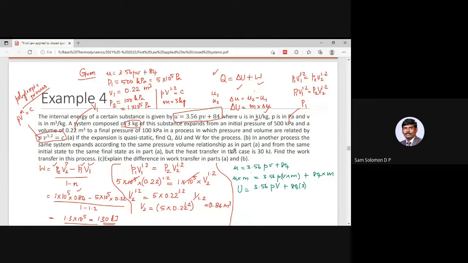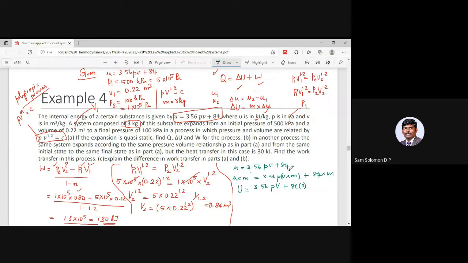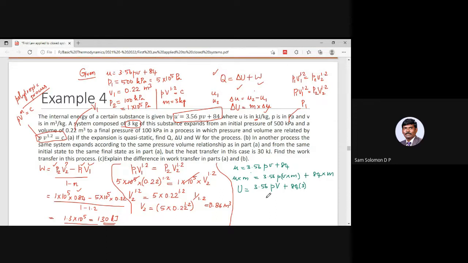constant. Okay, so you can't convert small v to capital V without incorporating the change for this 84, the constant value. Okay, you have to be a little bit careful over here. Or if this process is very confusing to you, I will recommend you to divide this volume V1 by mass and get small v1 and then substitute it in this equation. Is there any problem in my conversion? Is there someone who doesn't understand how the small v became capital V and how this 84 was multiplied by 3? Is there someone who is not able to understand this?